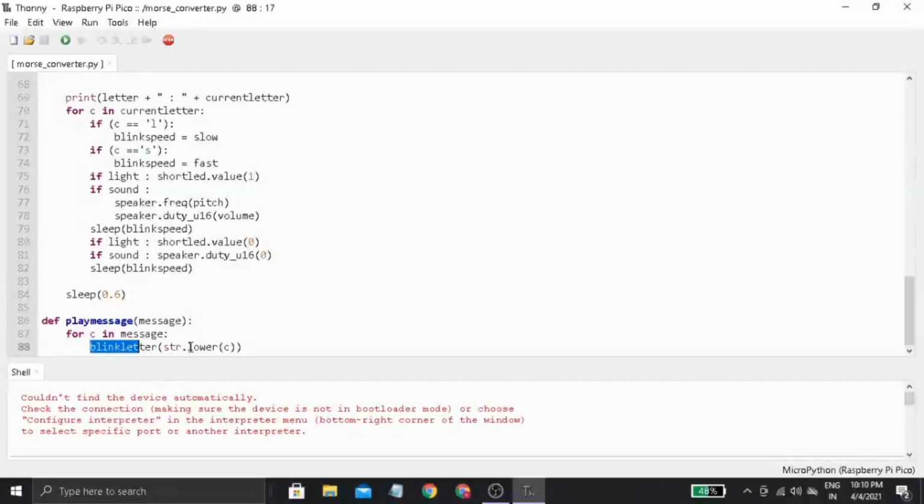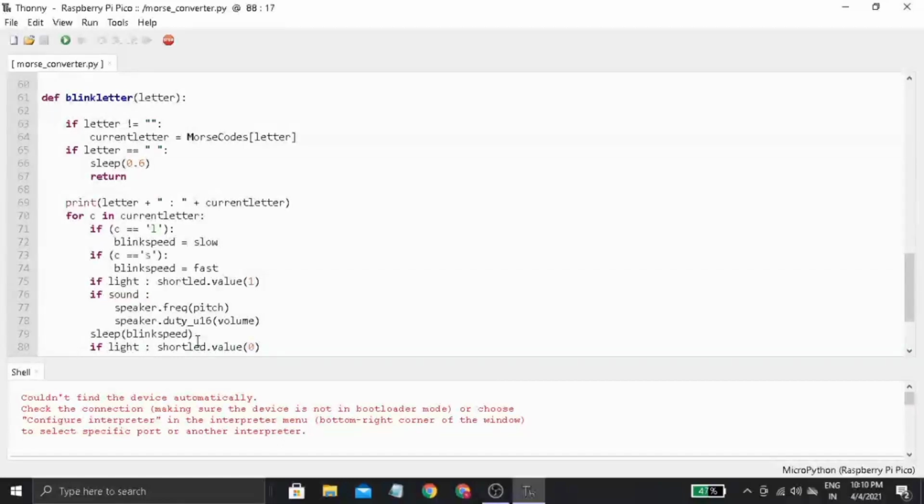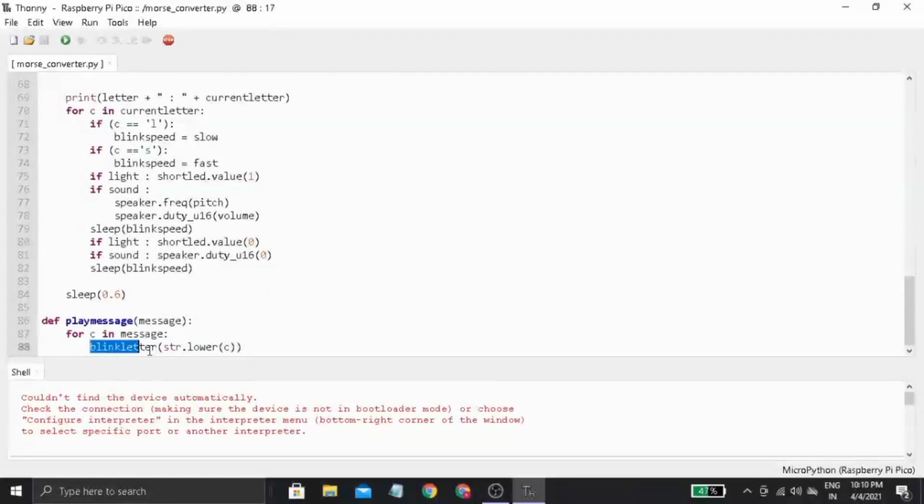So basically it will extract every single character from a string and pass it to the function blink later.